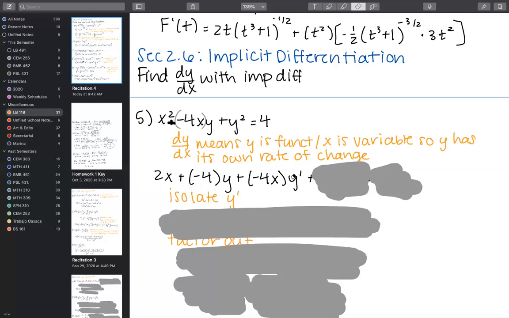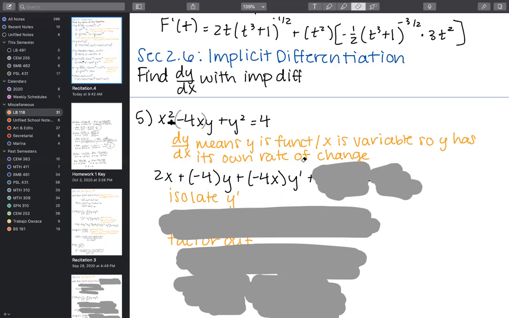So when we do the product rule and we find the derivative of the first times the second plus the first times the derivative of the second, since the second is a function, its derivative is not just going to be its coefficient, like with -4x in this case. It's going to be a symbolic representation of that derivative, which we will use to find, like we've been asked, dy dx by isolating that y prime.